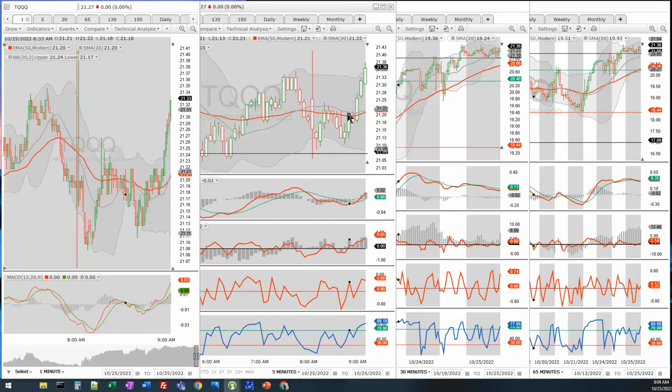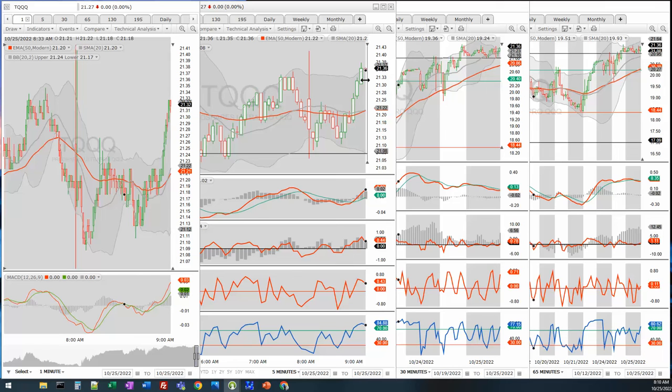Let's see if it can. Right now, it's firmly above it. See that? It's going up. We still got about another 20 minutes to go to opening bell. I'm going to be all eyes on whether the 5-minute candles can stay above the 5 EMA. Okay? What I think could happen, if it cannot stay above it, it's going to push through it and come